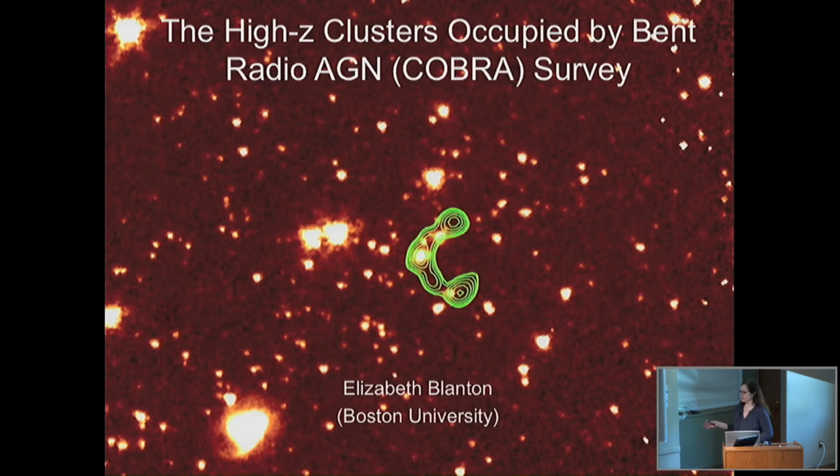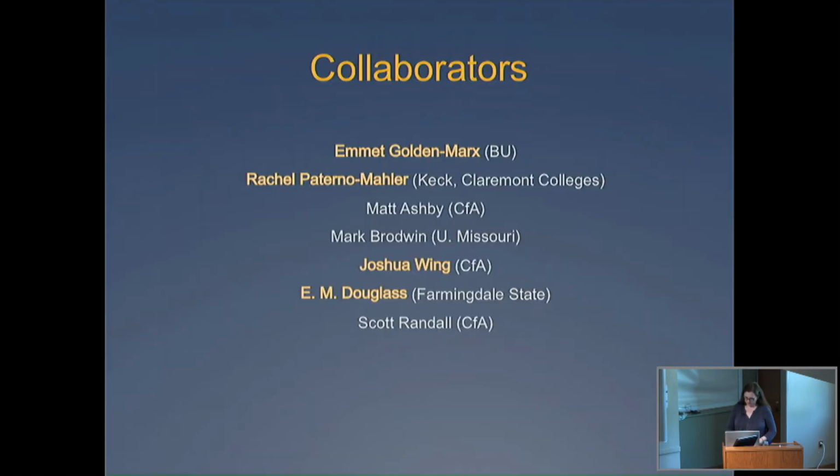So something like the VLA FIRST survey, which we used at 1.4 gigahertz, you can see these sources quite easily to redshift 2, 3 on just really short snapshot observations, where obviously you're not going to easily see a cluster in an X-ray survey or an optical survey that easily.